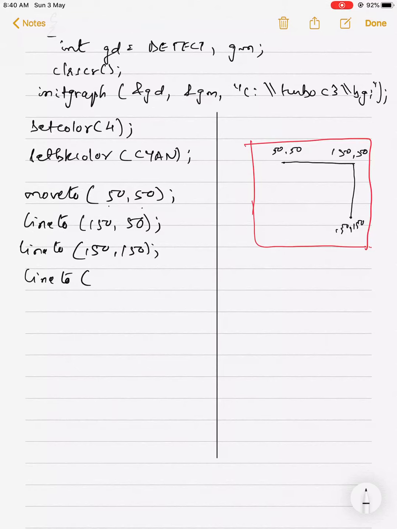The current position is 150,150 and the specified coordinates will be 50,150. So it will go like this. Again line to 50,50. Go like this. Okay, your square is made. Each and every side will be of 100.